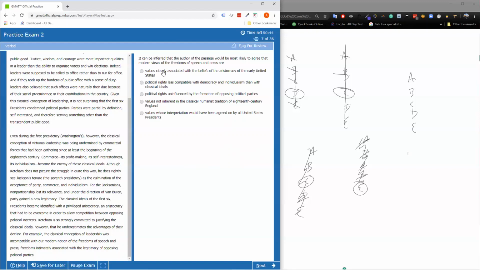No. Political rights less compatible with democracy and individualism than classical ideals? Now he says it's more compatible. Political rights uninfluenced by the formation of opposing political parties? I like that because he says